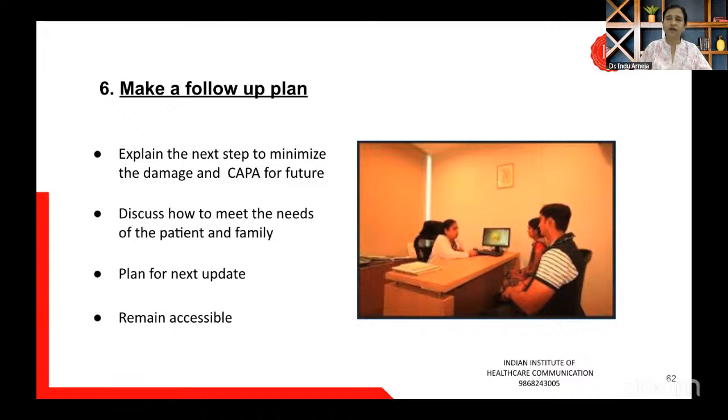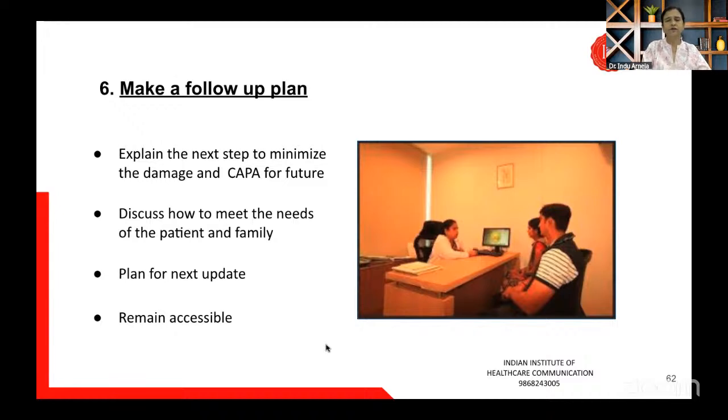Can you believe that the husband of that patient actually sued the hospital and the doctor, and that case went on for years and years. And then there was a verdict announced after a lot of time. That case is still there on Google if you search. It was some surgeon, I think. So it really agitates the family, and they sometimes become